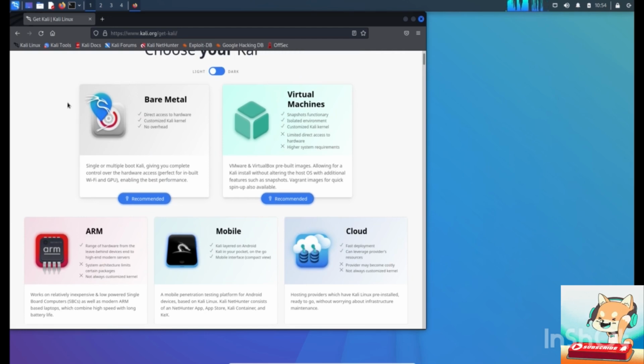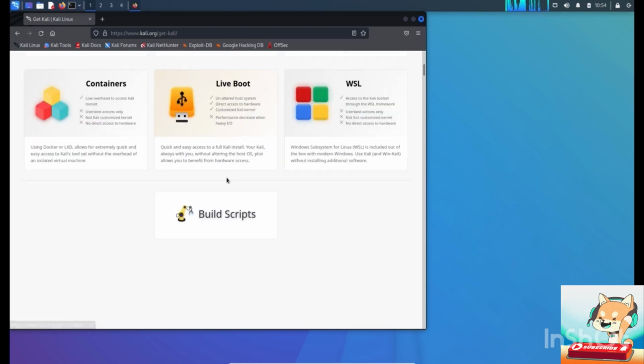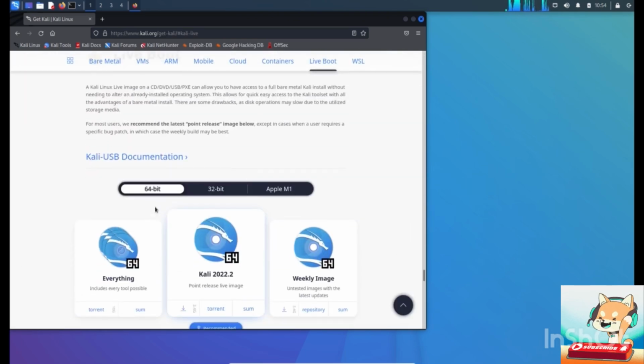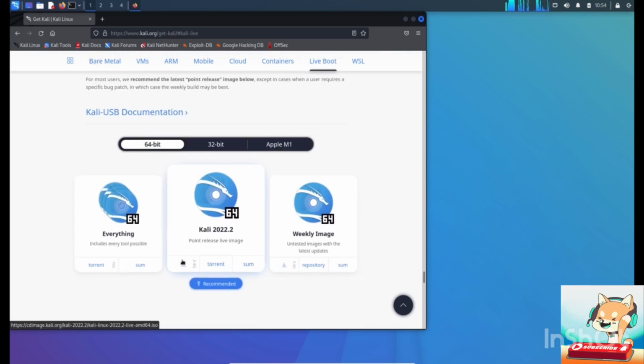So depending on what you prefer, for example, let's say live boot, you can install Kali Linux 64-bit. If you have an Apple, it runs on that as well. So you can click on the little download arrow here, and when you click that, it will download it. The next thing, you have an ISO file. Once the download is complete, you'll see in the bottom left it's a .iso file, and you can write it to a disk,